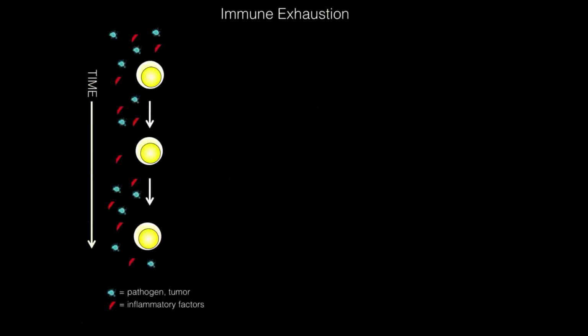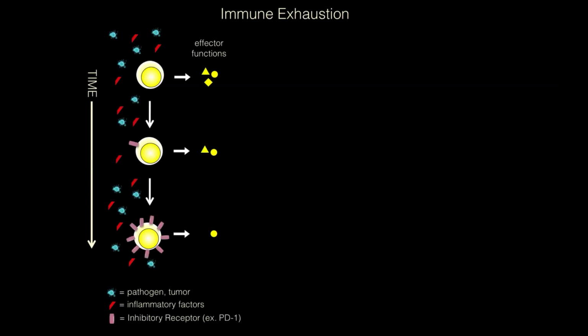So what is immune exhaustion? Exhaustion occurs when specific antigens, such as from a pathogen or tumor, and/or non-specific inflammatory factors are sustained in a host well past the acute phase of the response. So exhausted cells are believed to progressively lose ex vivo functional capacity over time, and also upregulate so-called inhibitory receptors. And this process has gained a lot of interest in recent years, and I'm sure you're all familiar with that